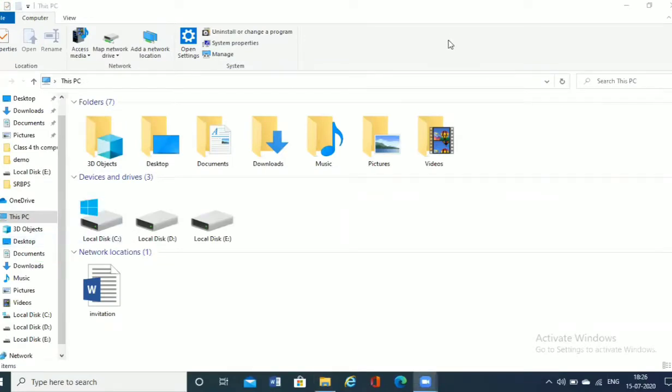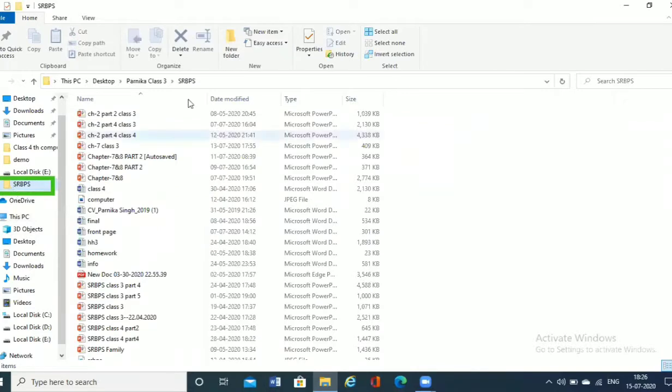There are a lot of folders and files present here. For example, in the left pane there is a folder named SRBPS. I want to open this folder, so I'll double click on it and the folder will get opened.